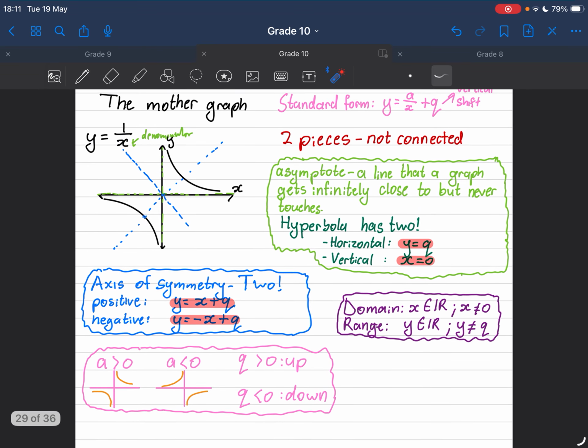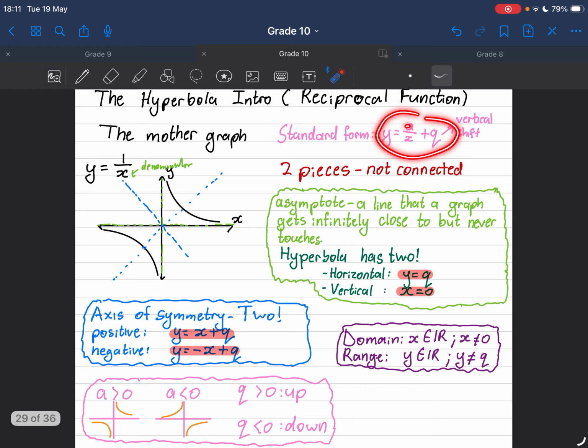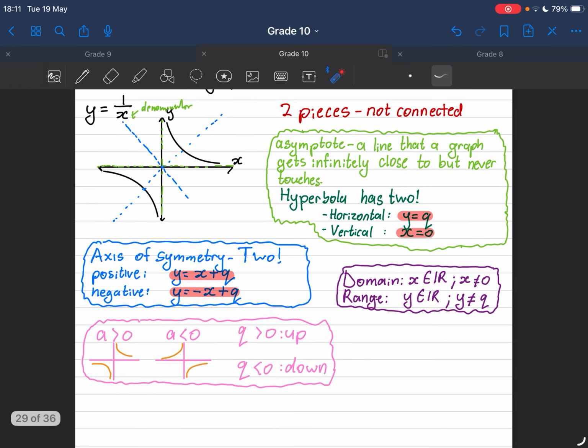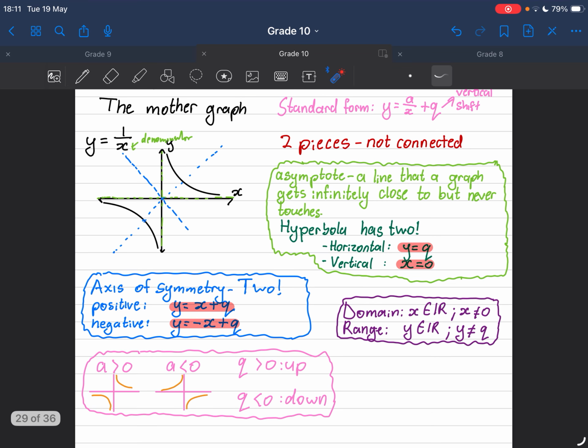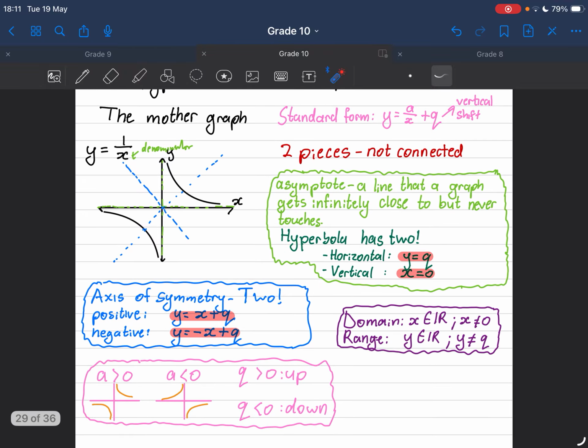Right. The next thing we need to know is, from our standard form, the letters a and q. So q, if it's greater than 0, means the graph is moving up, which I just explained to you now. So if q is plus 3, the graph moves up 3 units. Or if it's negative 3, the graph moves down 3 units. Now the value for a,